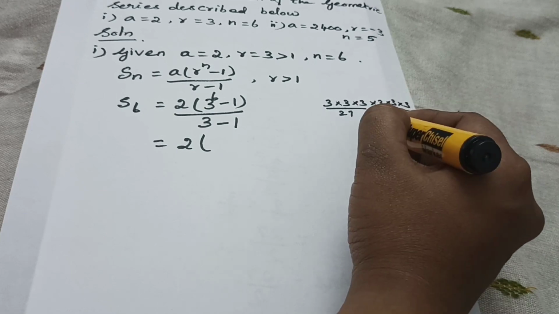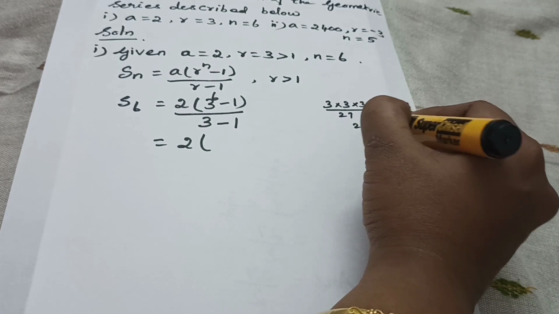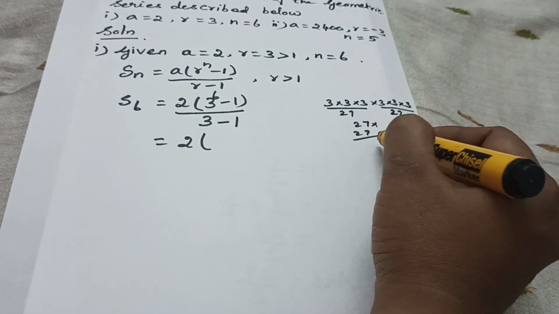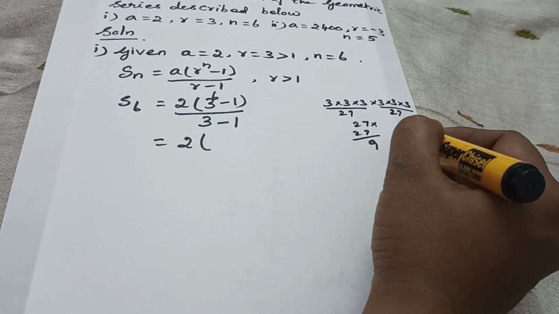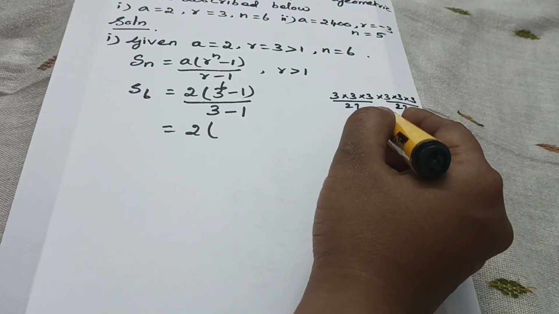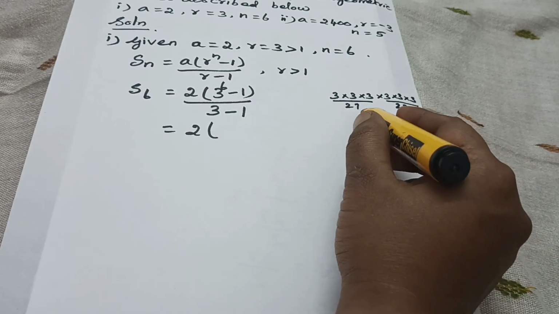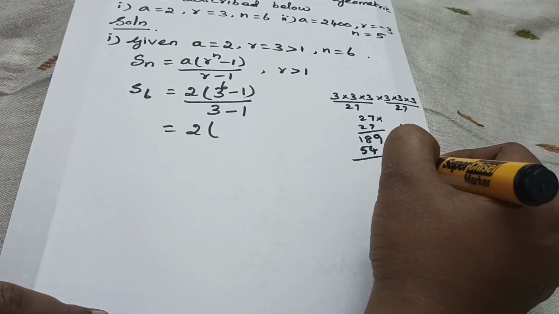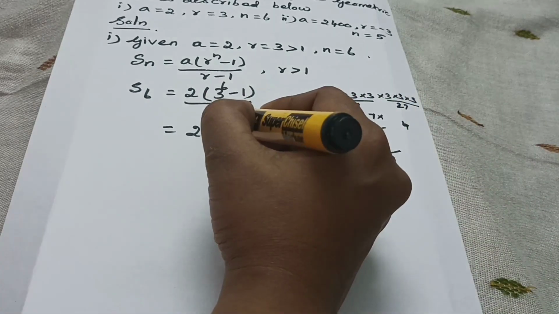This 27 into 27, these two we multiply. What value will you get? 27 into 27. 7 sevens are 49, 4 balance. 7 twos are 14, 14 plus 4 is 18. Then 2 sevens are 14, 1 balance. 2 twos are 4, 4 plus 1 is 5. Then 9, here 2 add it, then 6, 7. 729.